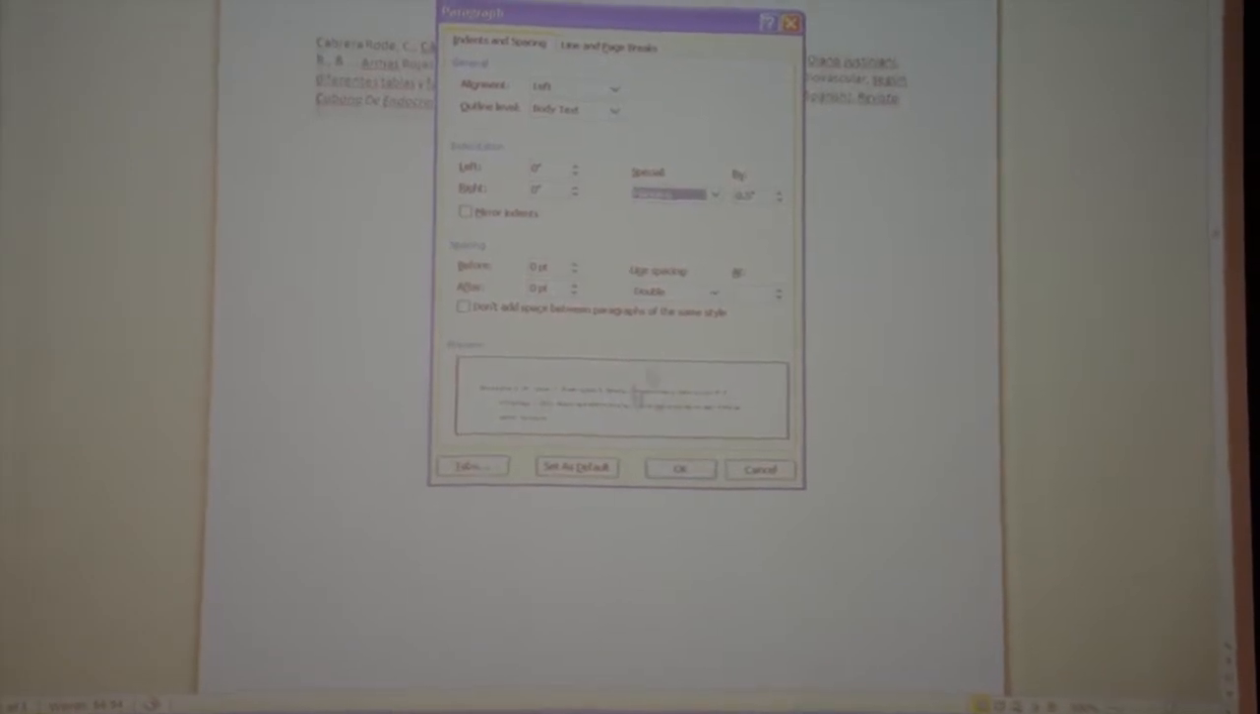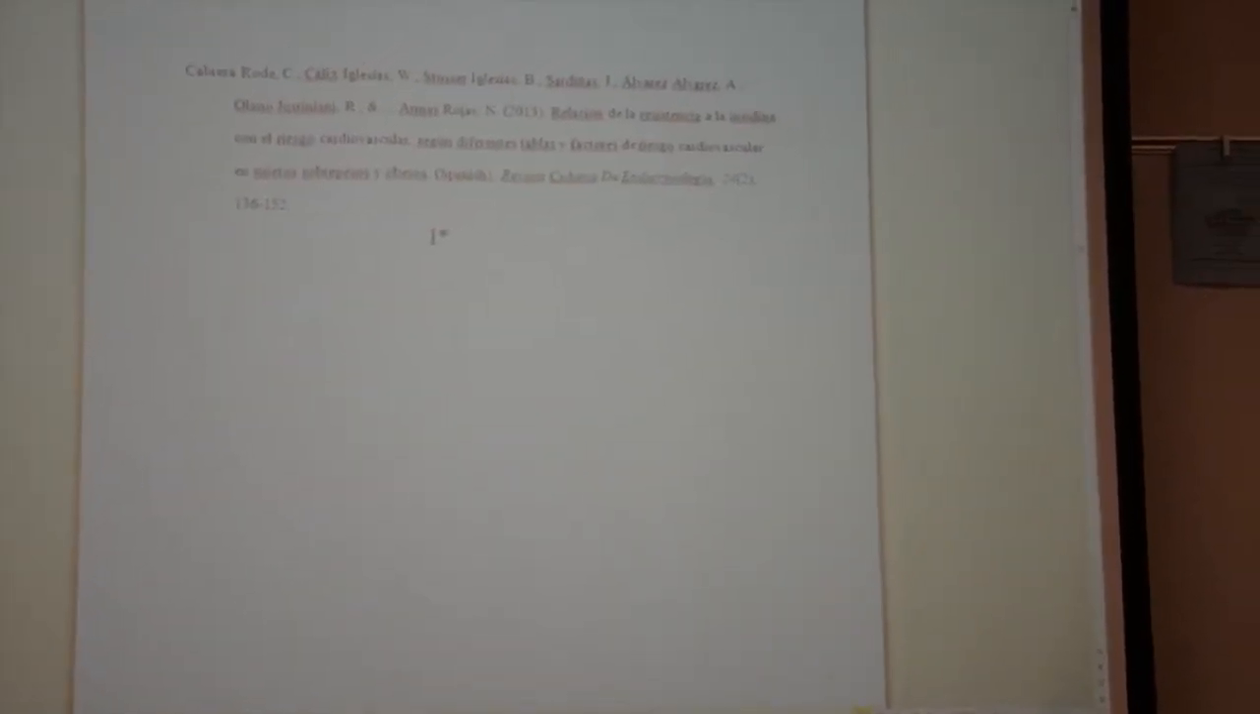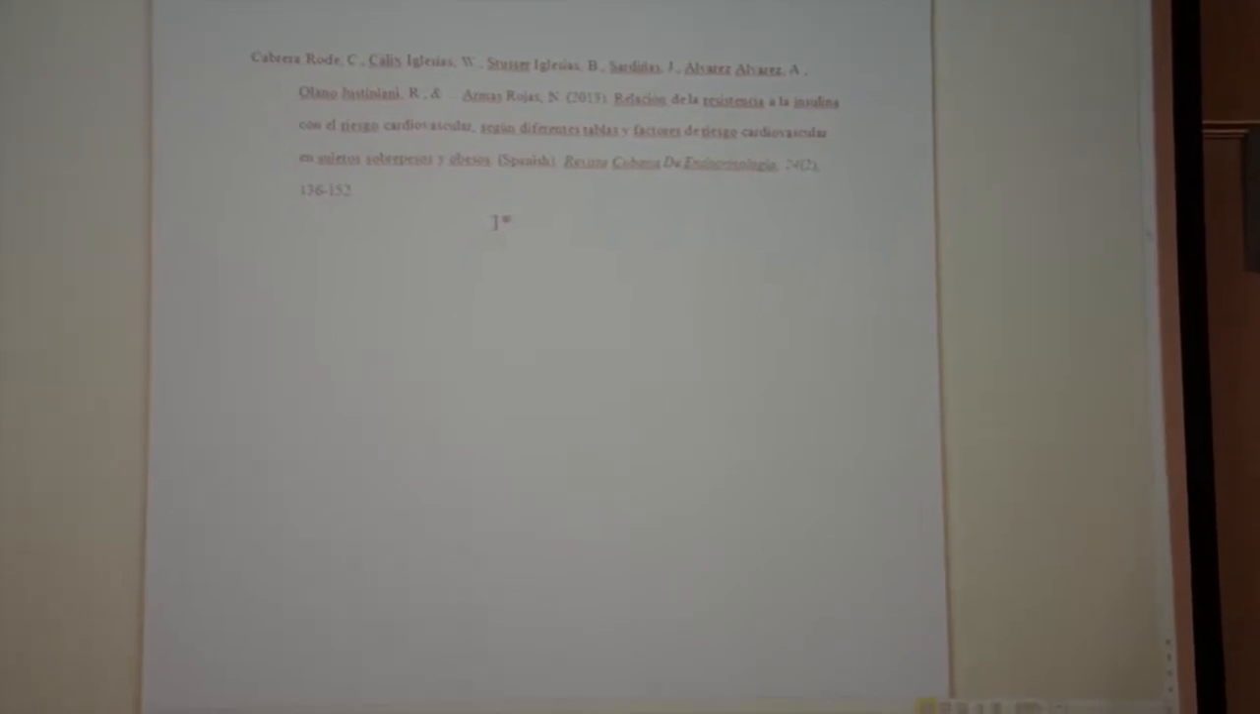Hanging. Then, one more thing. If you hit T, it'll take you down to the T's. Now, that is where, nope, still not right. I didn't change it to 12. There. There is your citation. It's in the correct format,